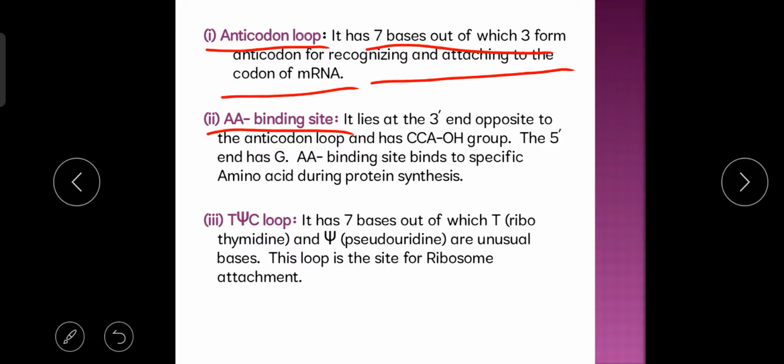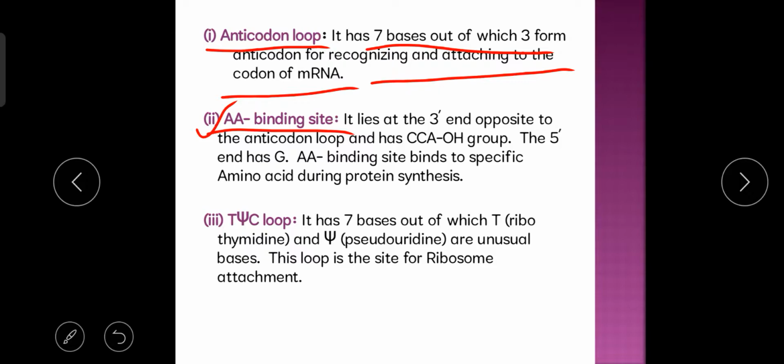So what is the importance of the genetic code? All the genetic codes contain the genetic information that is present in the DNA, because of which different types of proteins are produced during translation. And this anticodon loop present in the transfer RNA helps in recognizing and attaching to the genetic code in messenger RNA.